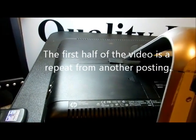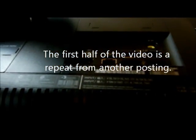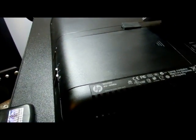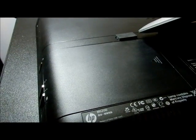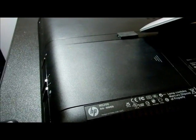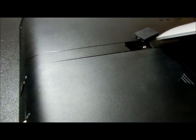Hey everybody, this is probably the last video I'm going to make on this. It's an HP MS200 227. I've made a couple of videos on this online already, cleaning the fans and saying I couldn't get to the big fan that was underneath. We're going to do that today. And also I'm going to show you how to take out the motherboard, and people have been asking me about the graphic card. So the first thing we got to do, we don't need to take out the hard drive,